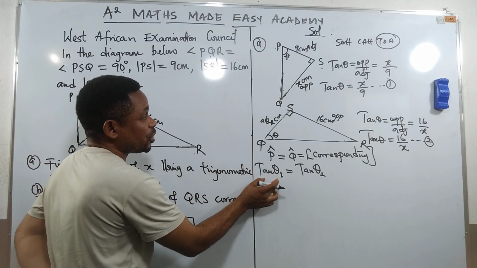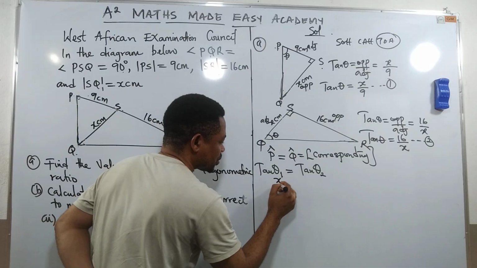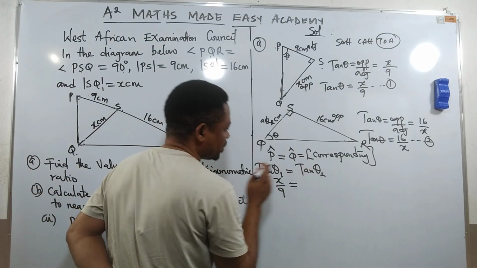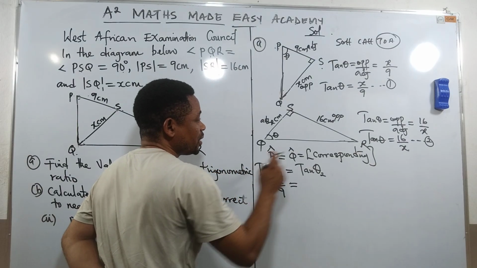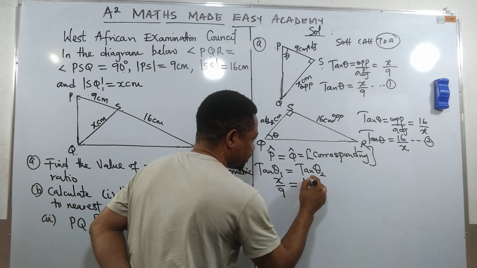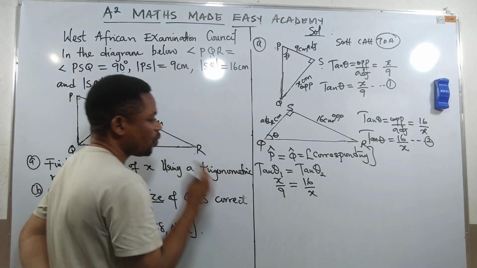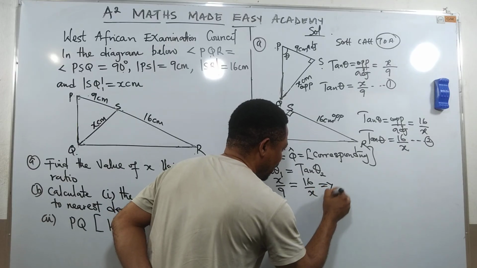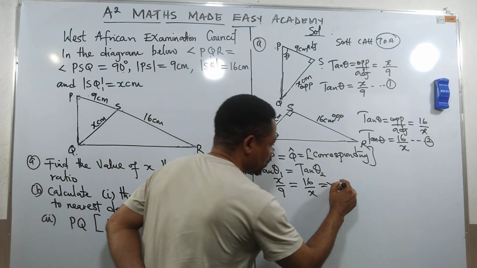What is tan theta in equation 1? The value is x all over 9. Then equal to tan theta in equation 2, which is 16 all over x. Now what do you think will apply here? Cross multiply. Now this implies that x times x will give us